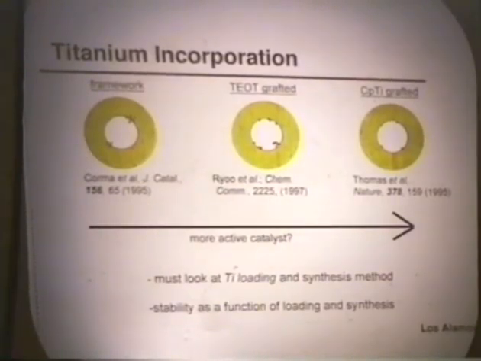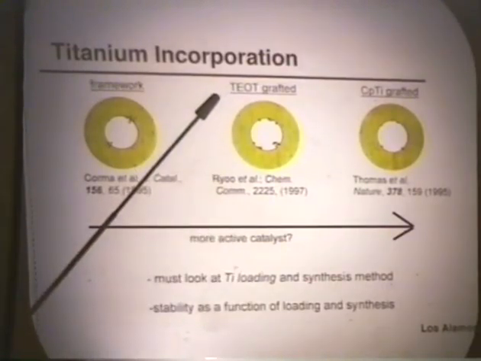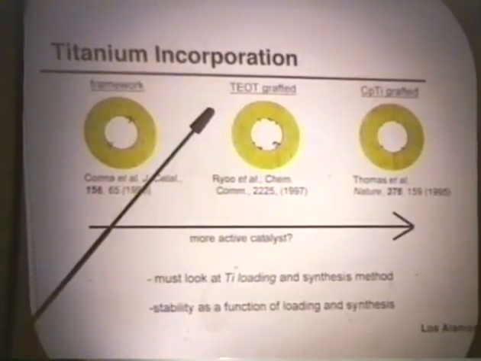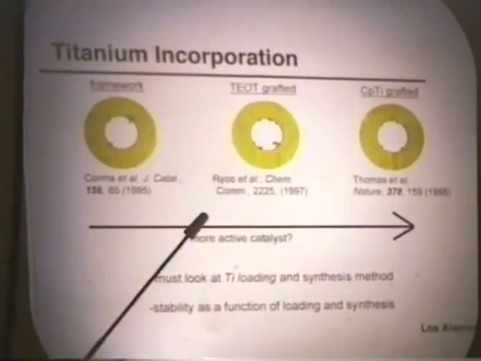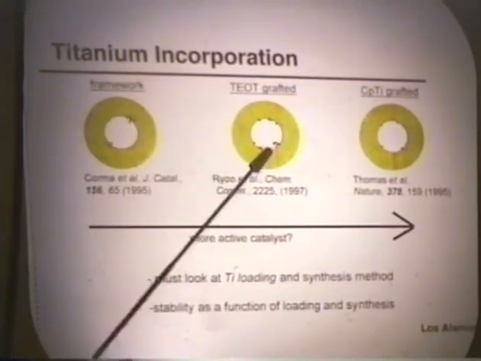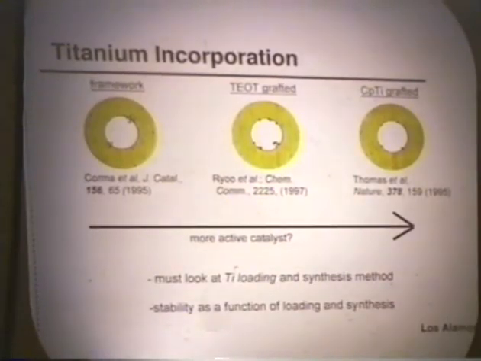Also, because of these syntheses of titanium in the gel, one ends up with a fair amount of oligomeric titanium oxide on the surface, as can be determined by diffuse reflectance spectroscopy. One tends to see intensity out above 300 nanometers, indicating nanocrystalline TiO2 is present. One can also graft tetraethylorthotitanate, a reactive titanium alkoxide, onto the surface of previously prepared MCM41. And that, again, tends to end up producing small chunks of TiO2 as well.